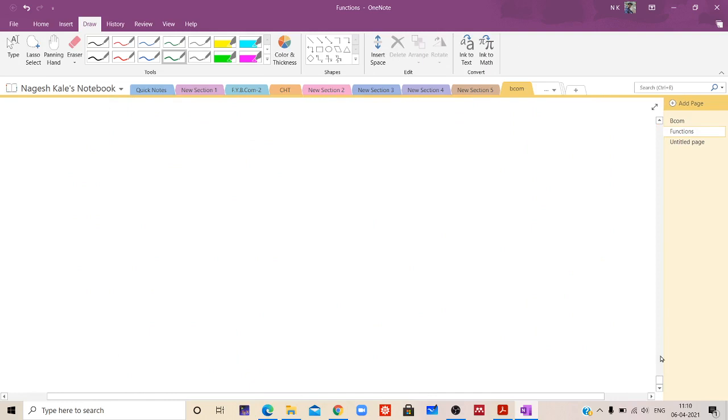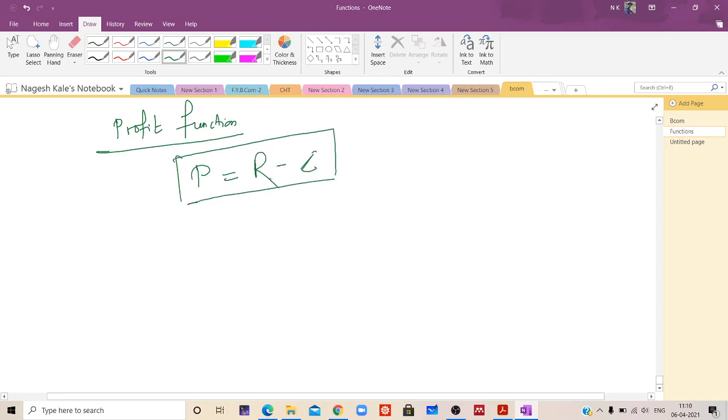So I discussed with you the cost function, I discussed with you the revenue function, and now it's time to talk about the final kind of function, that is the profit function. Okay, and I have already given you the formula in the basic example that I took in the beginning of the lecture, that the profit function P is nothing but total revenue minus total cost. This is a very simple and easy formula to calculate the profits, right? So I will take some examples based on this, and then we will move our attention to the next point.